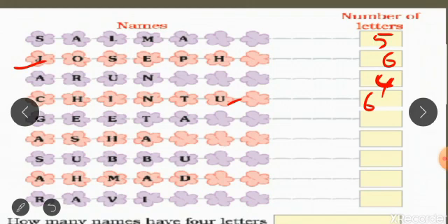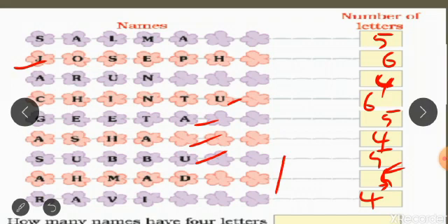Okay. And Geeta, GEETHA. That is 5 letters. And Hasa, that is 4. And Subbu. Subbu is 1, 2, 3, 4, 5. And Hamad. Hamad is 5. He is also 5. You just think of your name, how many letters are in your name. And Ravi, finally, Ravi has 4.